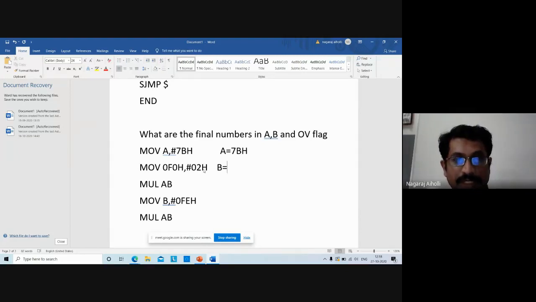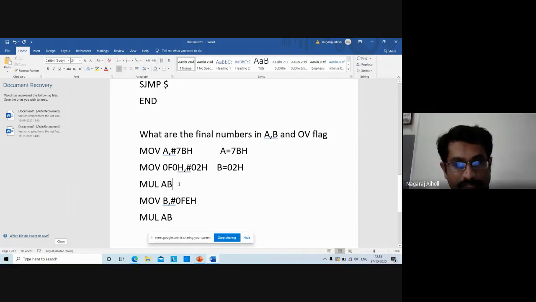If such examples are asked in the examination, you should be able to recollect which register this memory location is for. So for the B register, the memory location is 0F0H. So move 0F0H comma hash 02H means in the B register the value 02H is stored.